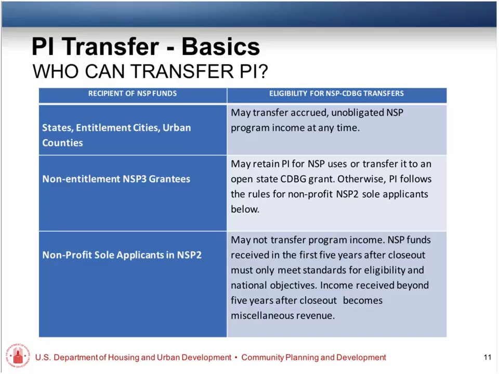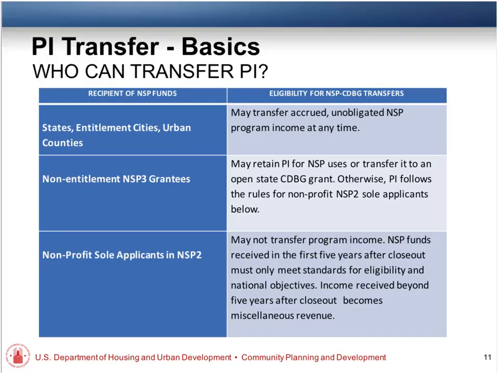What happens is that if you think of it as sort of three periods of time. There's the period before they close out. Any program income that they earn in the period before they close out is treated just like it was if they hadn't closed out. It's still all full NSP rules and everything.